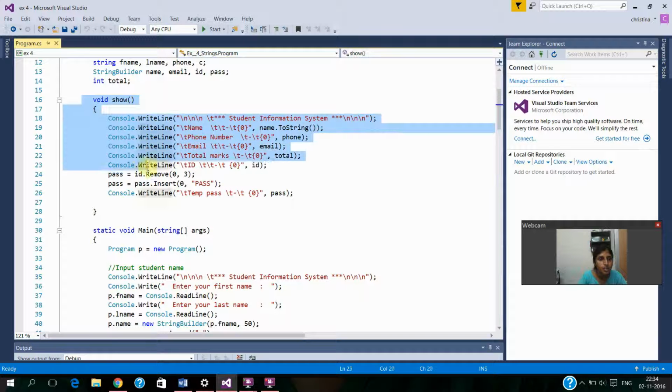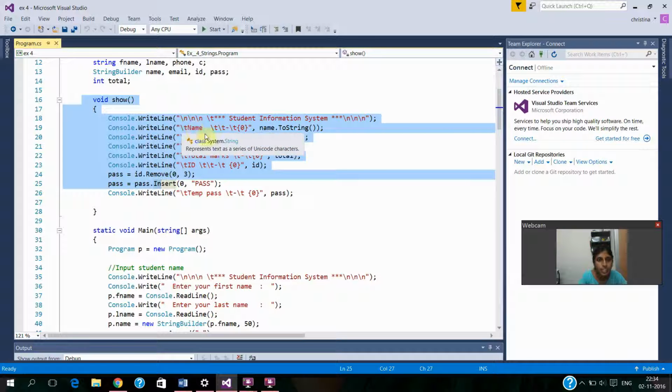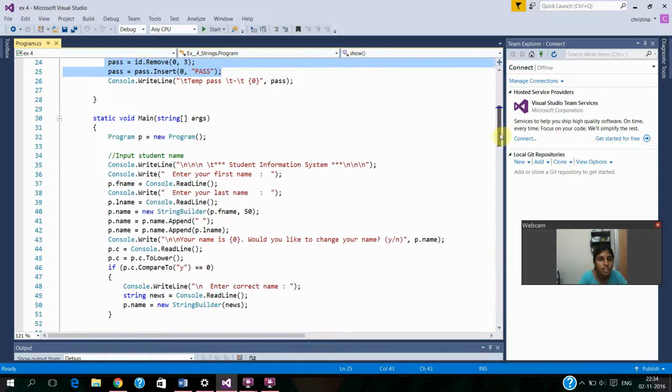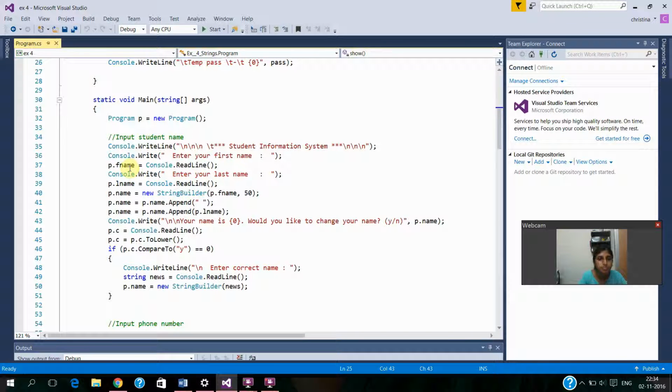Then there is something called void show. Inside the show we are declaring all these: name, phone number, email, total marks, ID, and the password. This is particularly used for the temporary password. Then inside the main function we are declaring all the details, like we are giving the name first, so we